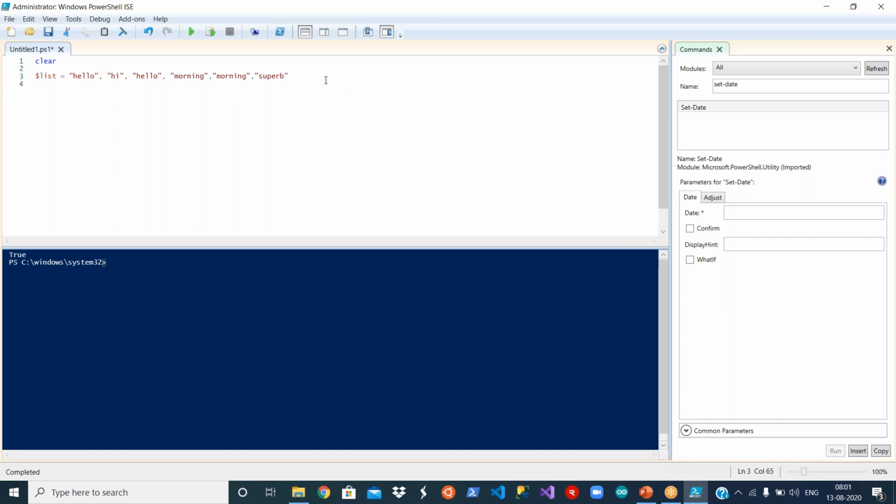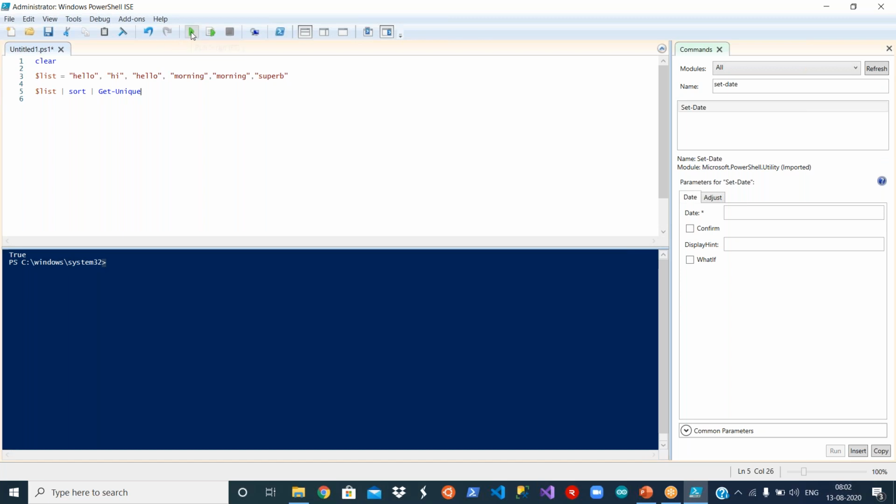You want to get the unique words from here, then you basically apply $list first. You have to sort it. For that, you need to use a pipe symbol, use the Sort command, and then you want to get the unique, right? Sort it and then use the Get-Unique command.